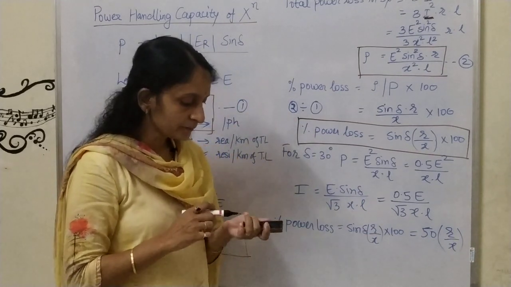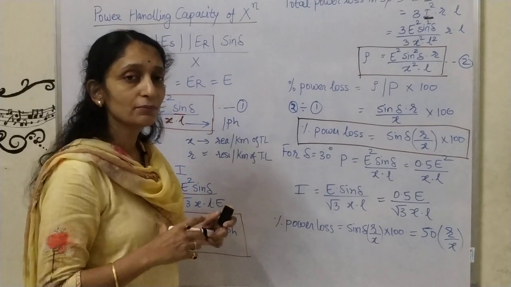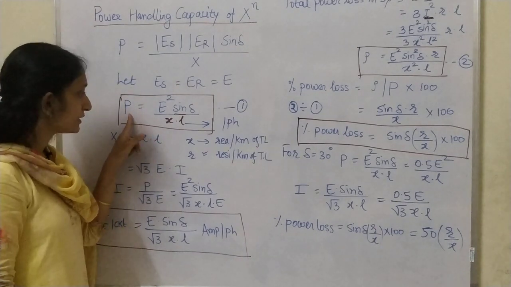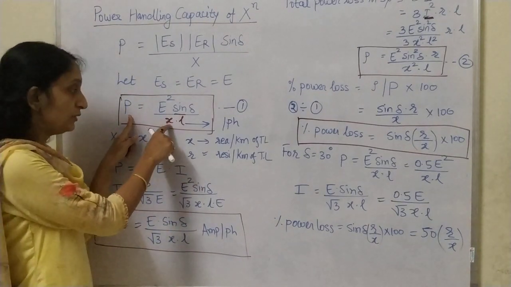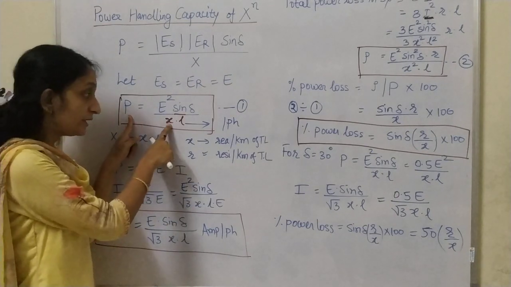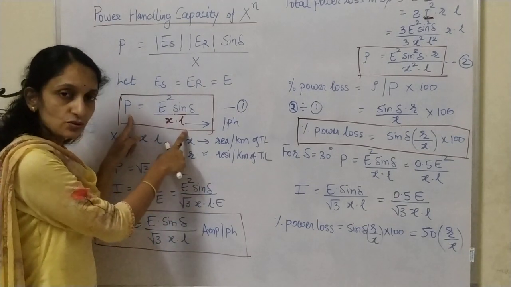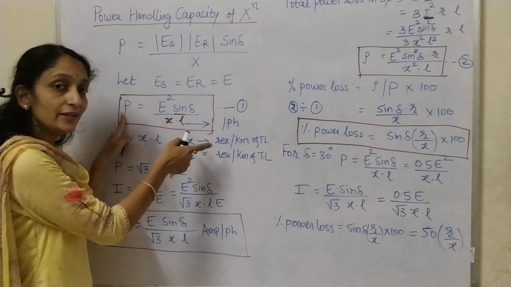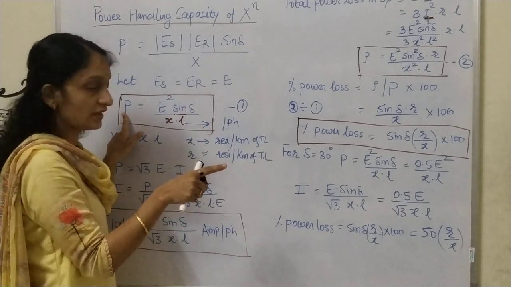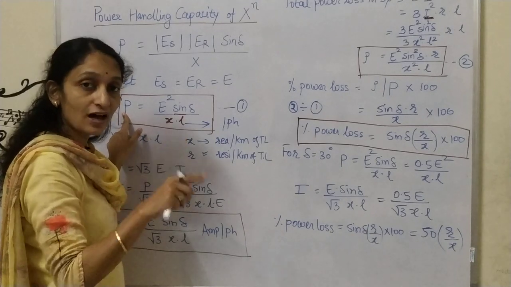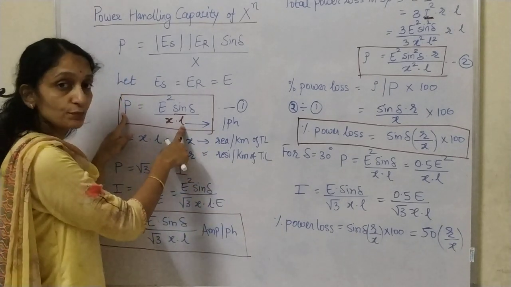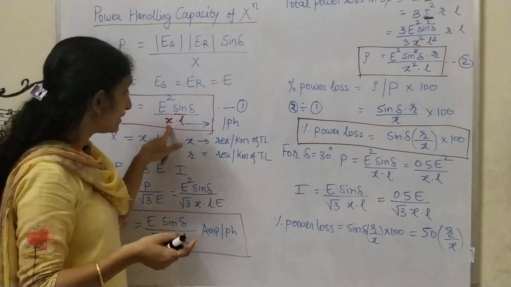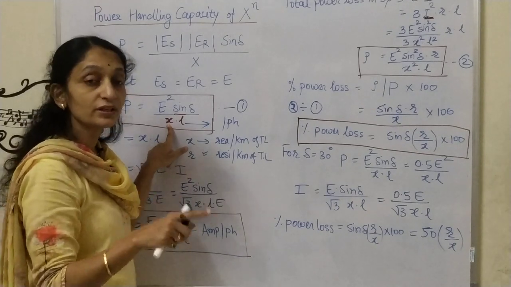So, are you getting it? What you have to do is remember these four formulas. Formula number 1, power transfer, will depend on the value of voltage and on the length of the transmission line. From the numerical you will substitute different values of L. Depending on the length of the transmission line, small x and small r are fixed, and their values will be given in the numerical.